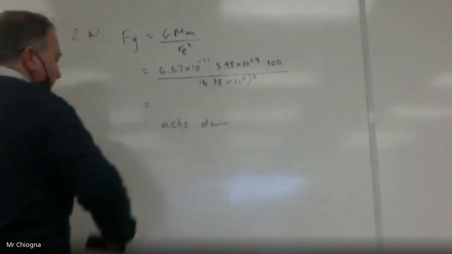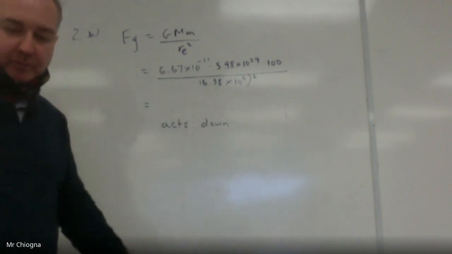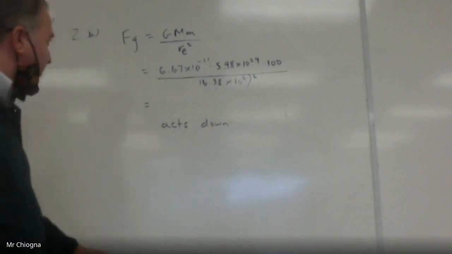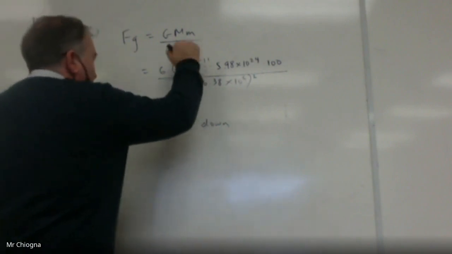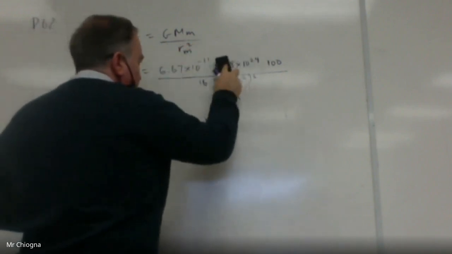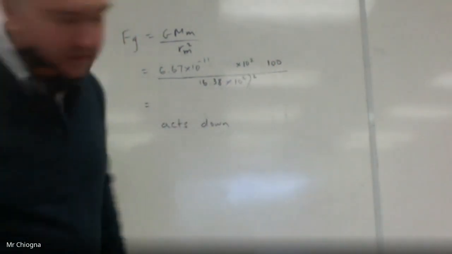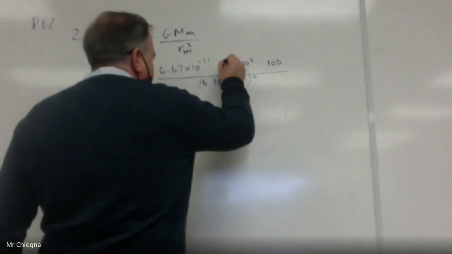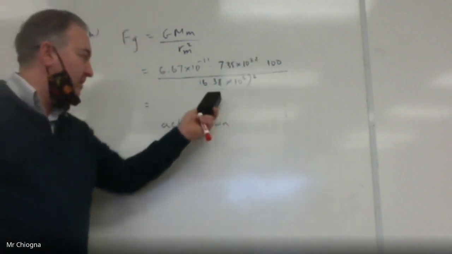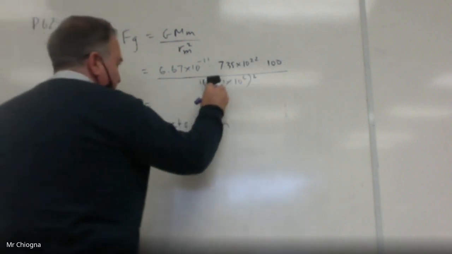Now we're going to calculate for the moon. Moon should be less because the moon has less pull. I'm going to change a few numbers. I'm going to change the number on top. This becomes Rm, radius of the moon. This is no longer the mass of the Earth. It's the mass of the moon, which is 7.35 times 10 to the 22. The mass of the person remains the same. The radius of the moon is less. It's 1.74 instead of 6.38. Okay,